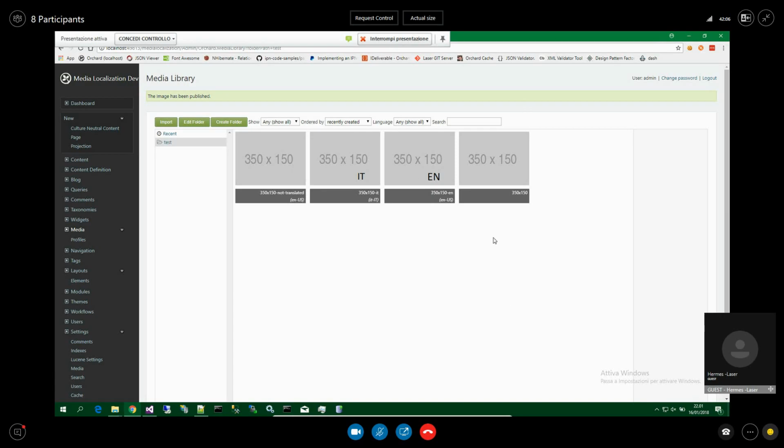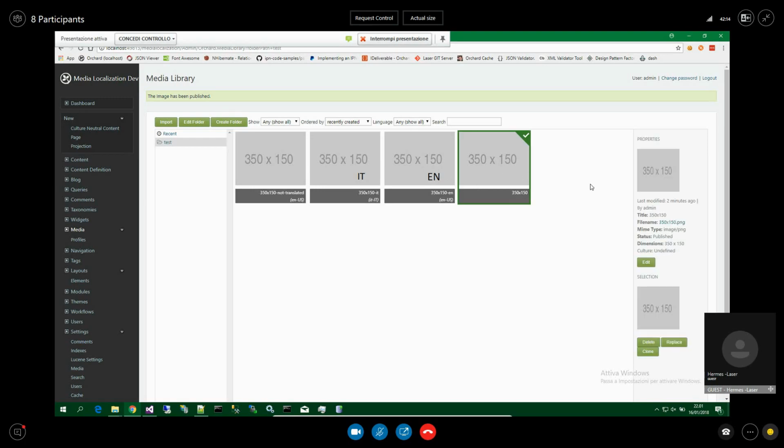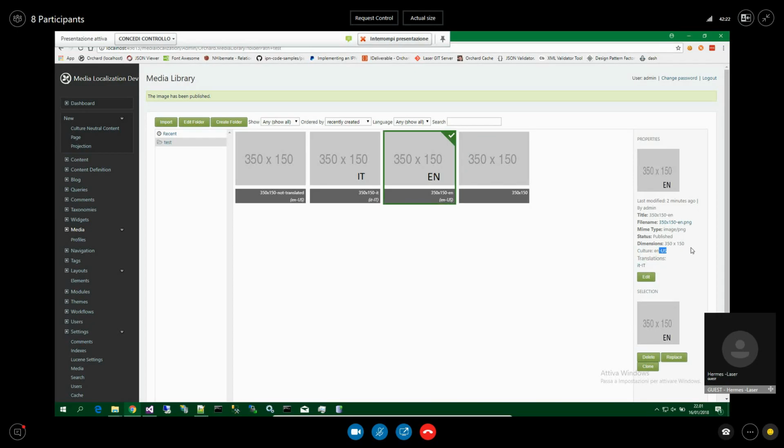I demo only for images, but it works also for all the other media. So in this case, we have the first image, the first one I uploaded, that is culture undefined. Another one that is in English, and its translation in Italian, this one.